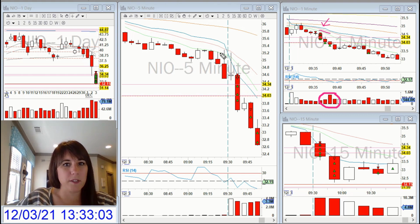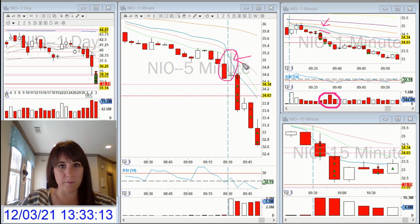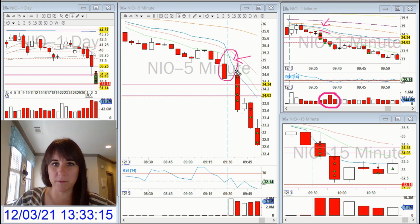And it was also after this really nice opening candle with the wick to the top side, made me think it was going to be weak. It was losing the VWAP. And so I took it short again, and then I took a 25% partial at this level I found on